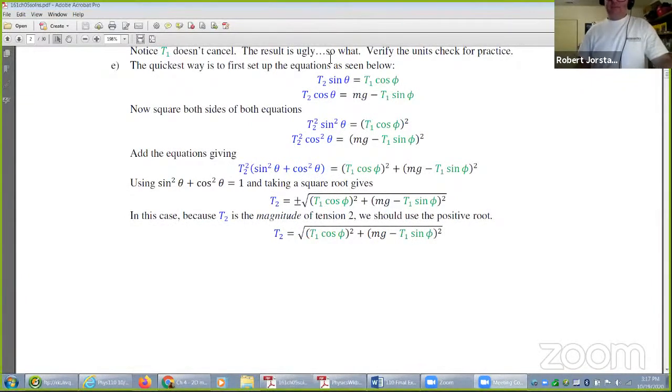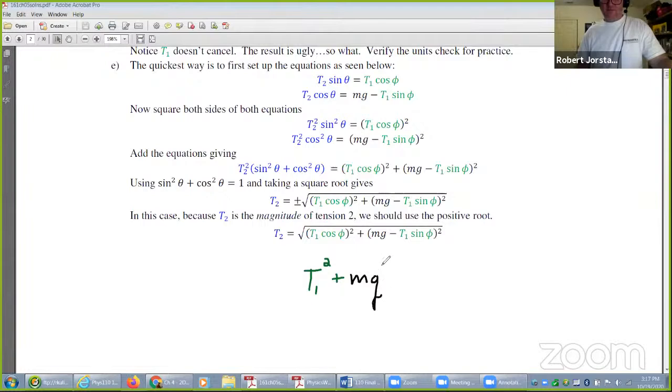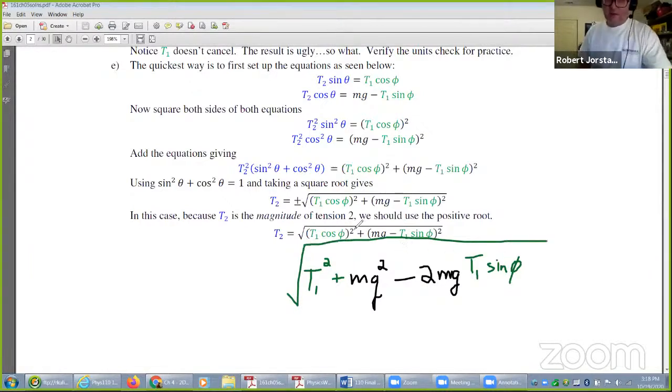And if you do that, you've got to be careful here. I don't know if you could tell, but you're actually going to get T1 squared plus mg squared. But then you're going to have to also add in minus 2 mg T1 sine phi. The idea is when you FOIL this thing out, it looks a lot like the law of cosines because it basically is. But like you got this T1 cosine squared, you're going to get a T1 sine squared and an mg squared. These two terms combine to that,